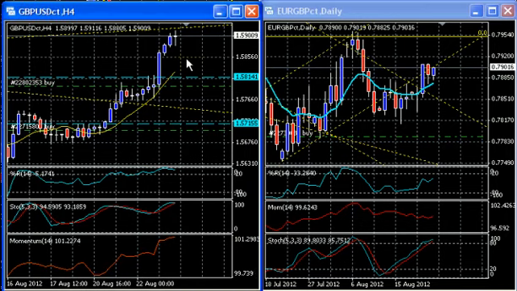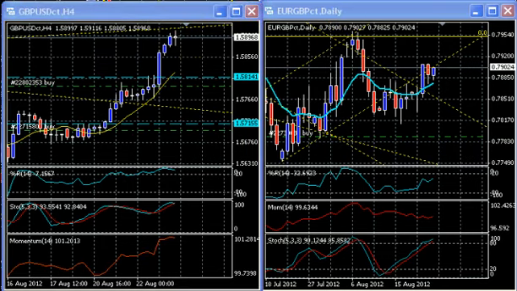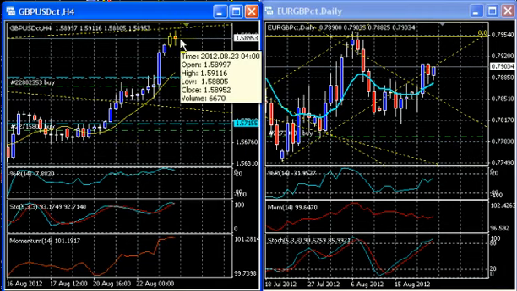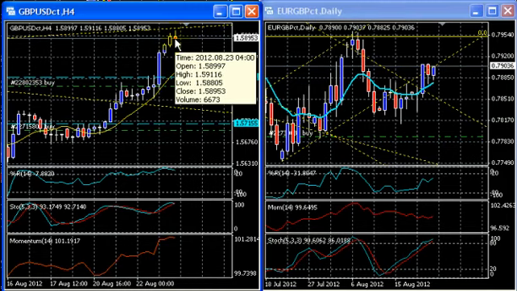But going back to cable on the 4-hourly chart here, the previous chart that we have indicated or showed in our market view report has extended and did achieve its 1.5911 high, currently working. This is a live market that we are recording right now, and our initial target was